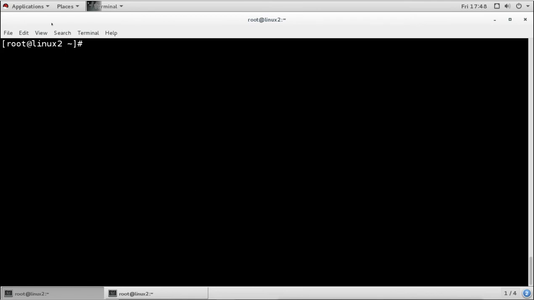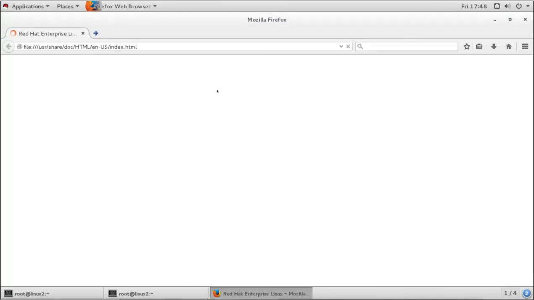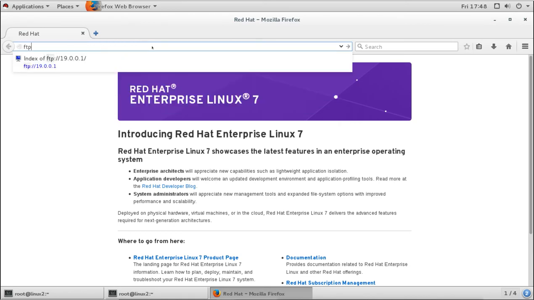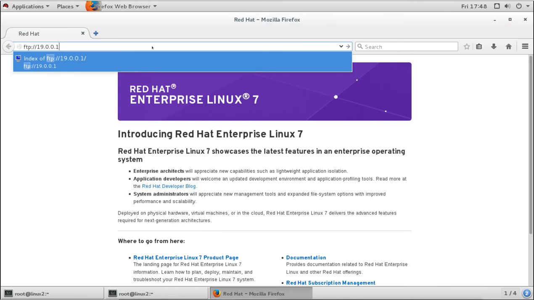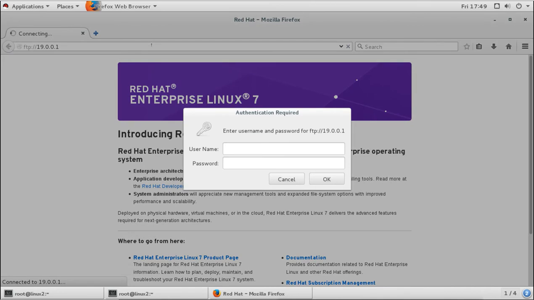Now if you try it from the browser, if you remember, the browser was accessing by default with the anonymous account. Now anonymous is disabled, and if I try to access the FTP server again, it tries to access with anonymous. When that fails, it asks for the username and password. So I will give user1 and the password ABC.